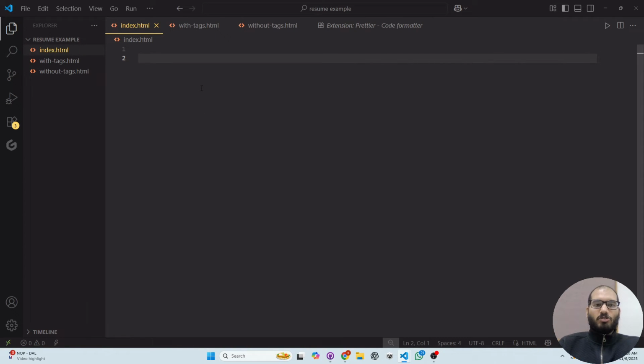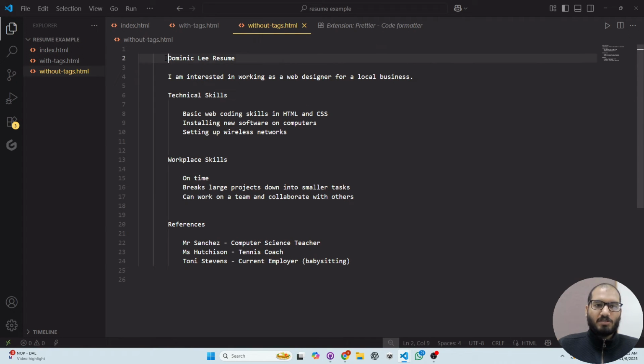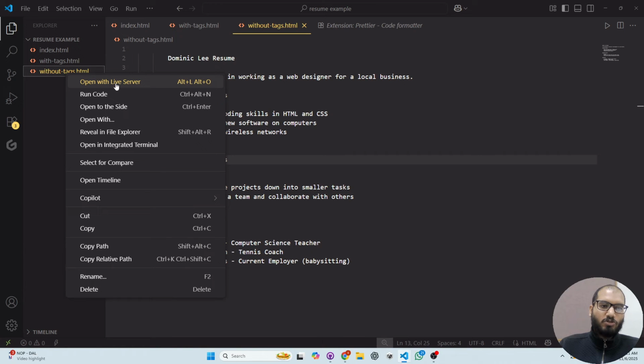So this is our code editor. It's empty. We don't have anything in here. We need to give it content. The content I'm giving it is going to be this Dominic Lee resume: what's the purpose of the resume, the technical skills, the workplace skills, the references. Everything in here looks like it's structured correctly, and it looks like it has correct content. If I open with Live Server to show me a live preview of how it's going to look if I give it to someone to construct,